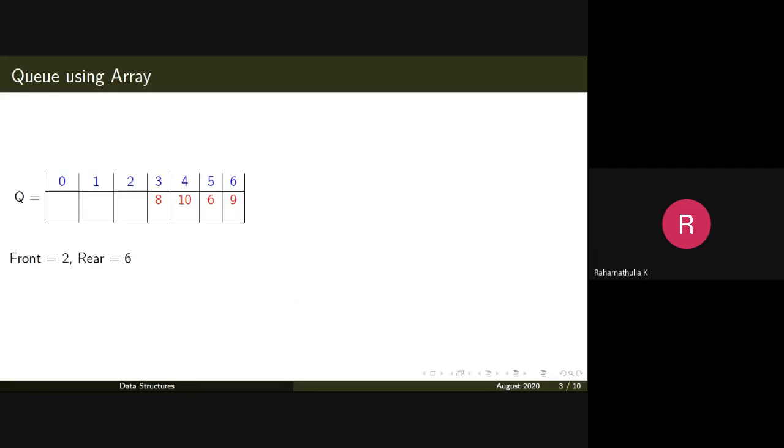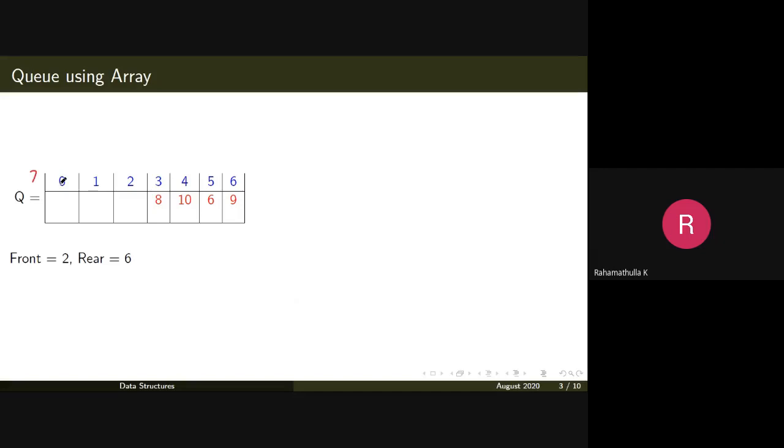As we have seen, a queue implemented using an array works with the help of two pointers, front and rear. We know that the front variable is used for deleting an element from the queue, and the rear pointer is used for inserting an element onto the queue. Just look at this current state of this queue. This queue is of size 7.